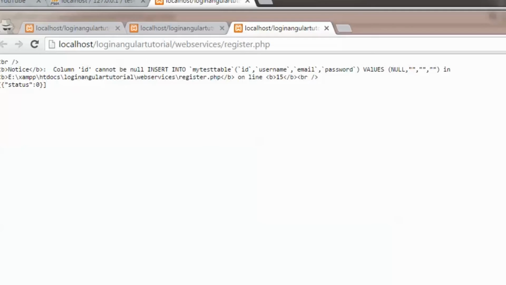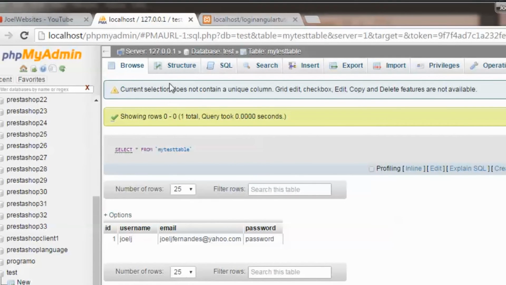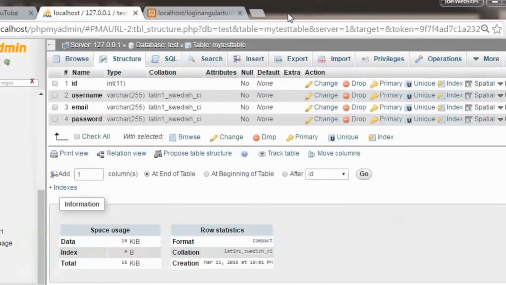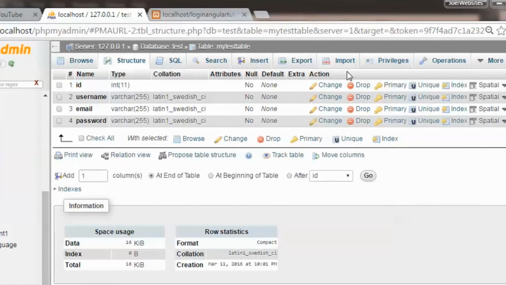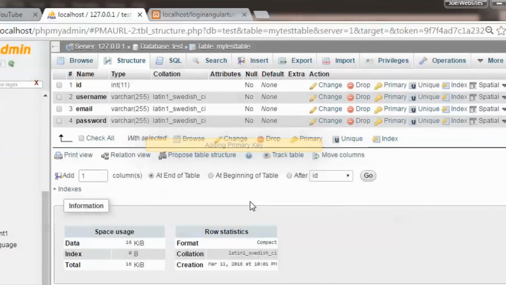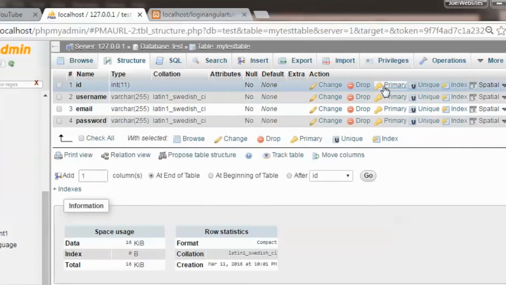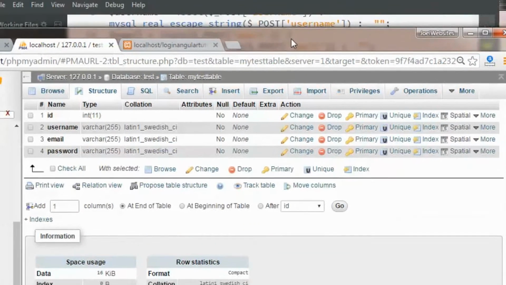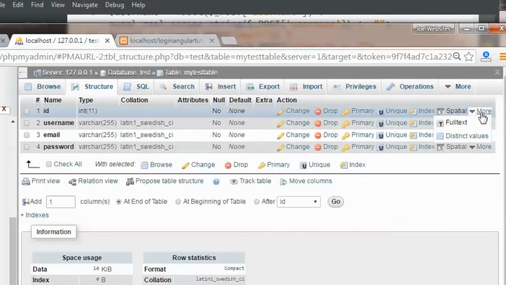Okay, so let us check the structure of the database table. Let us make this a primary key, and let us also add the auto increment to this id column.